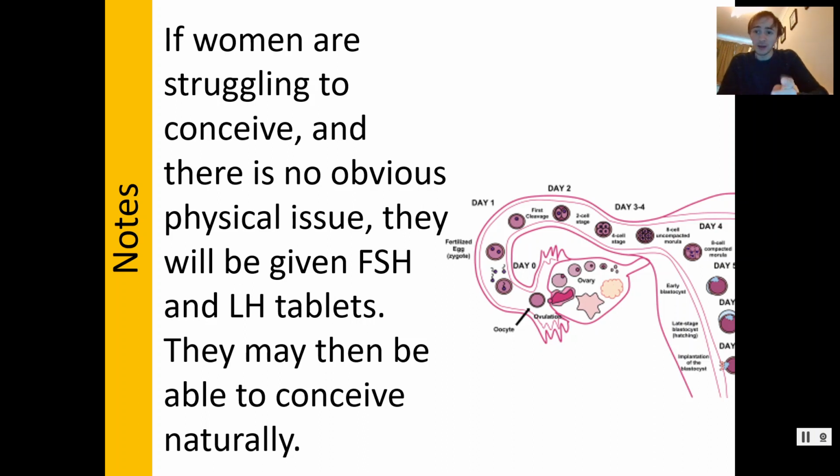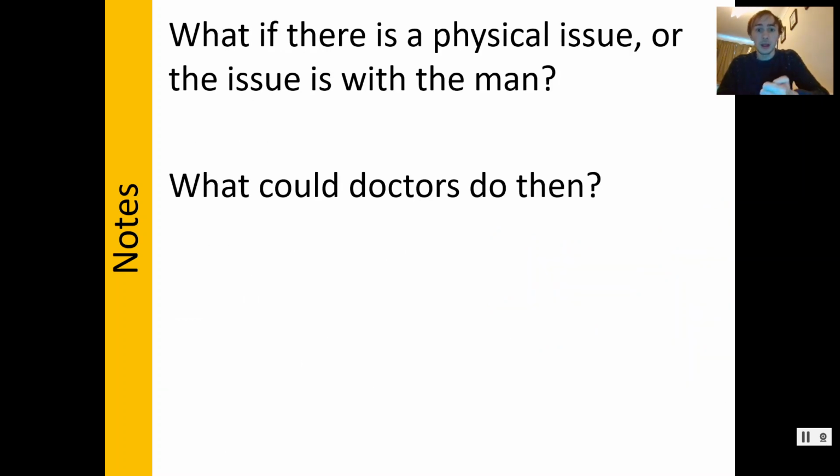And some of that will be because of what the man is doing, some of it will be because of what the woman's doing. It's no one to blame, but there's only one other way which we need to know about, which we can help those people. And this is bypassing the issue of conception altogether. So we're talking about physical issues, having a tube that isn't working, or a lack of sperm, an issue with the man. What could doctors do? I'm sure you've all heard of test tube babies, or if you've used the right term, IVF. And that's what we're going to look at now.